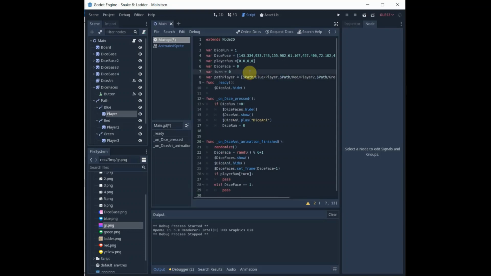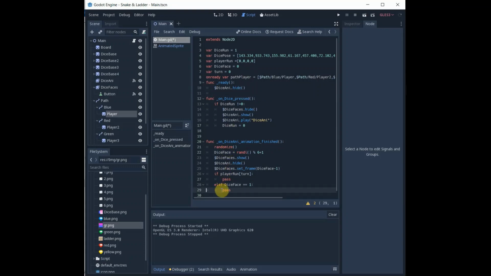This variable can be initialized on ready because this variable cannot be set without the ready of the main method. So